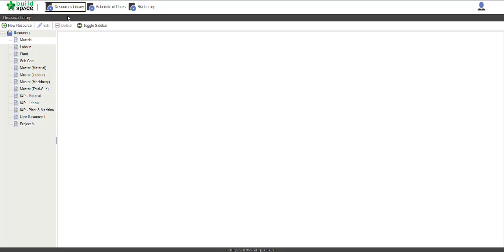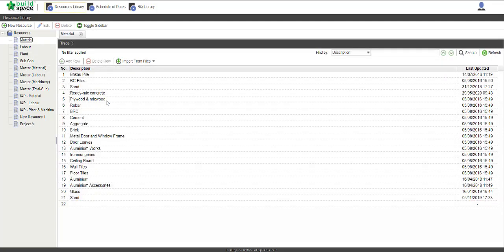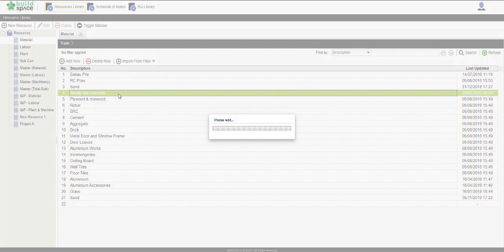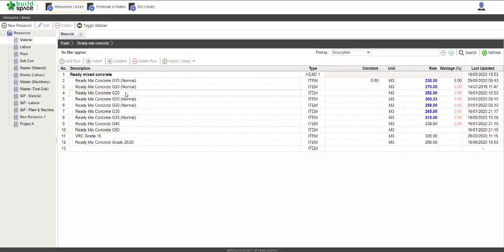In here, we can see there are multiple types of libraries. Take for example, we go into the materials library, into the ready-mix concrete, and then we can see there are multiple types of concrete available for us to choose from. And then the rates is highlighted in blue. This is because there are multiple items that helps to make up the price. Simply double click on the rates,